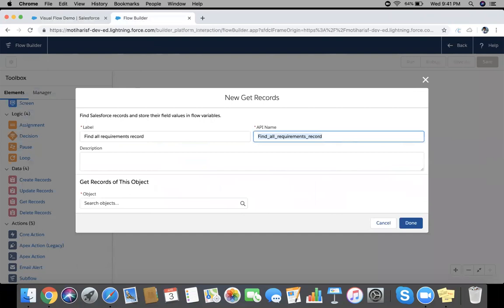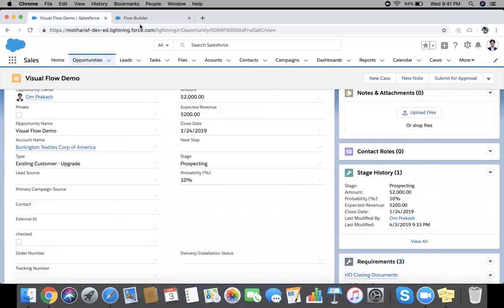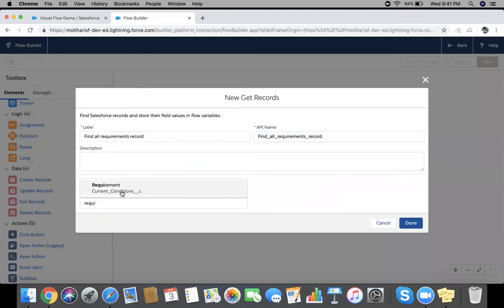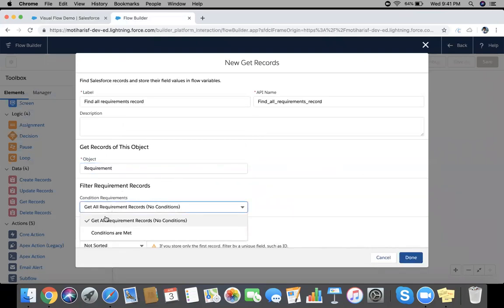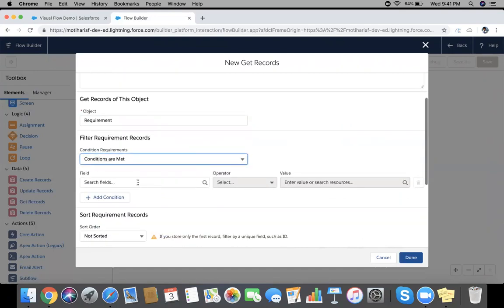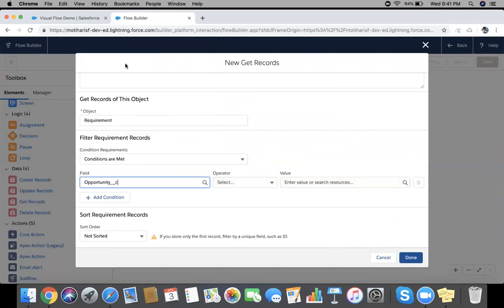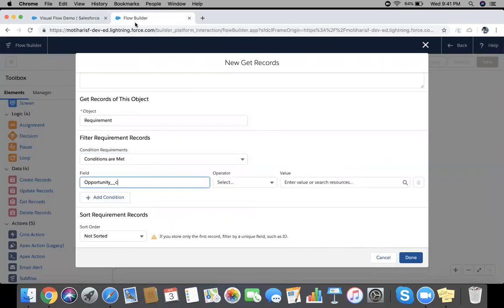Okay, now get records of this object. Which object? You can say the Requirement object. So yes, object Requirement, API name is current condition. Now we need to filter, condition requirements are met. Opportunity C is already filled on this requirement because I told you that this is a child record. So yes, Opportunity C equals